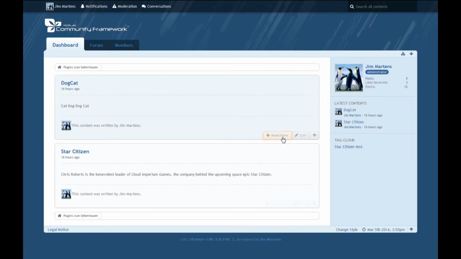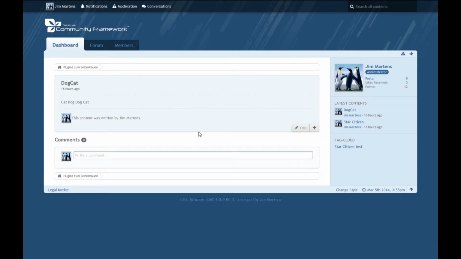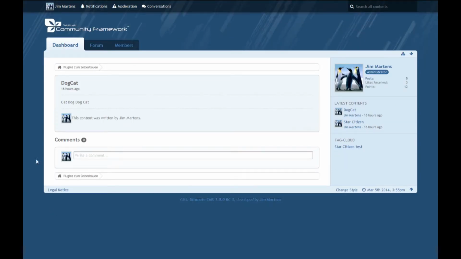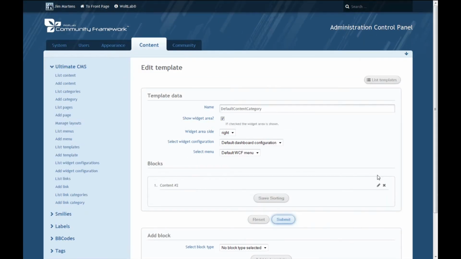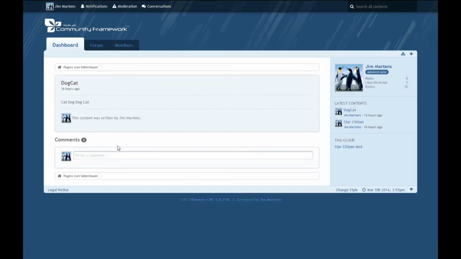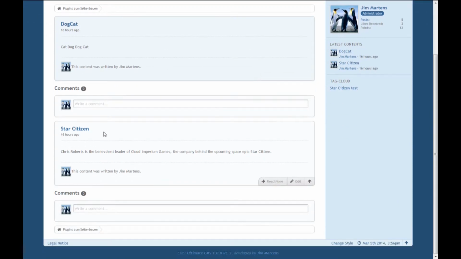And to see well the effects, the same template is actually used for really these 2 pages. This is now the content directly accessed, and by default the comments are only shown if you access a content, but this can be changed too. So you can say comment visibility always, right? So here it won't change, but if you go on the category listing, it would show the comments as well